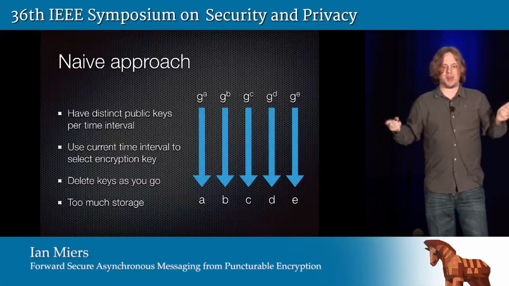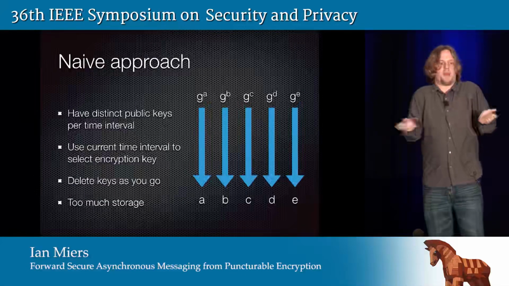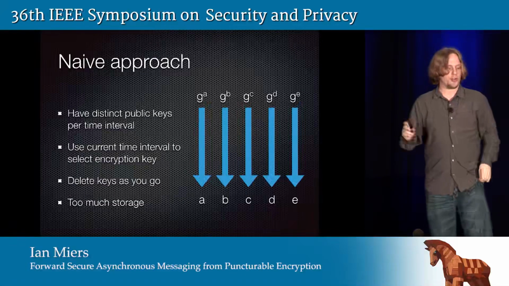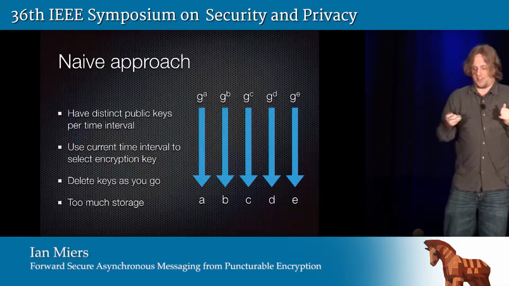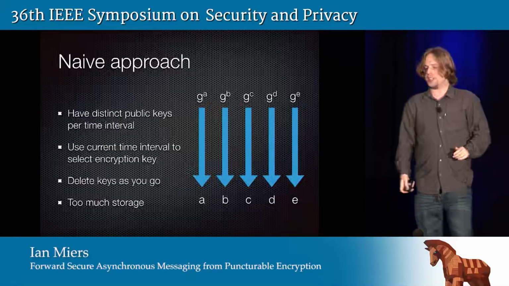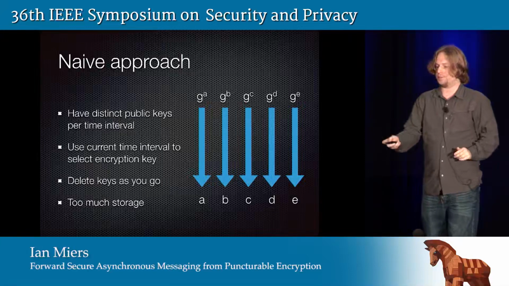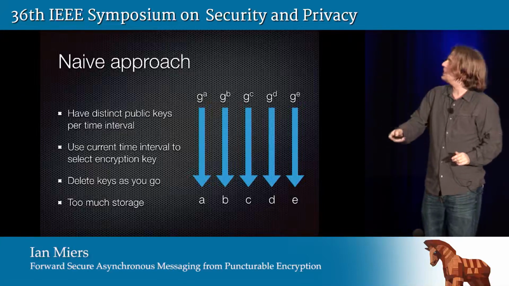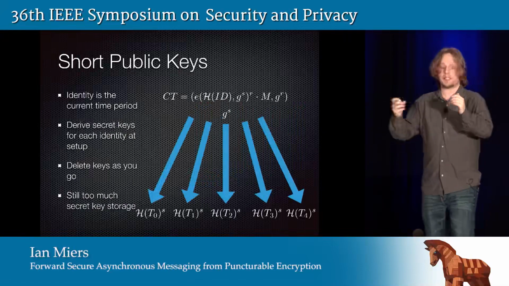This gets you forward security because once you get compromised, you don't have the material to decrypt it anyway, so you're good. This has a major problem. It has way too many keys. So first, you can get rid of the public keys. Next slide. You can get rid of the public keys by